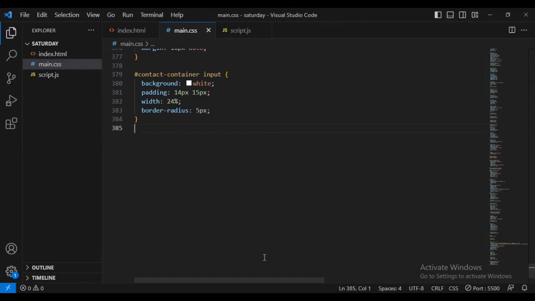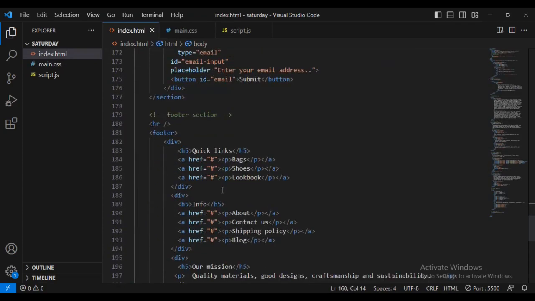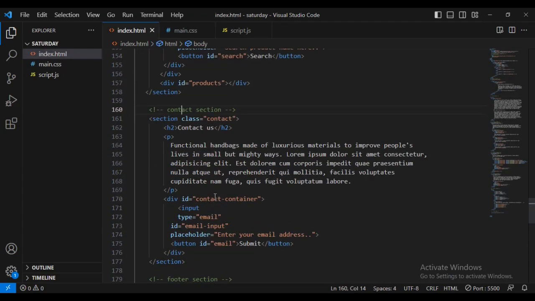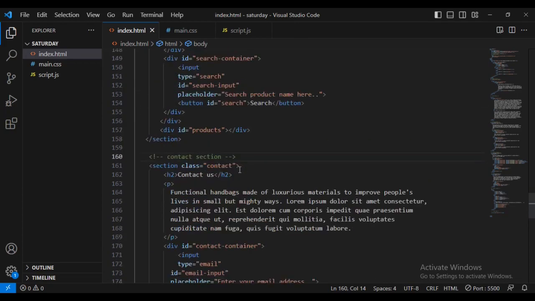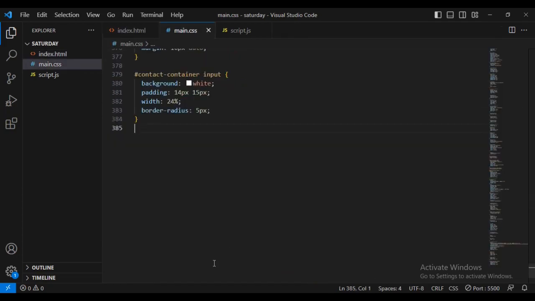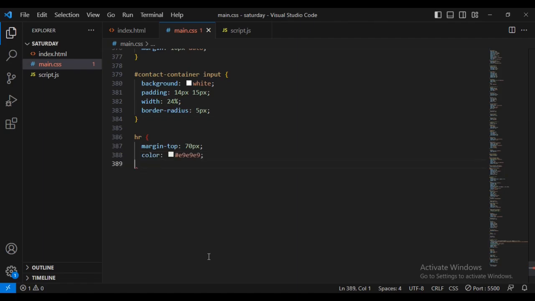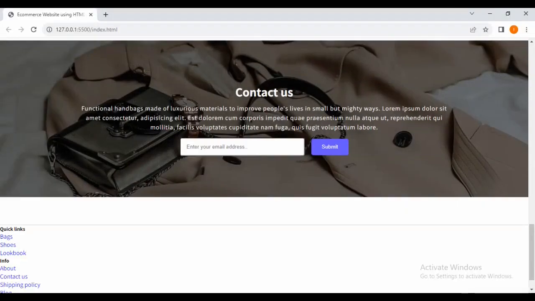Now we're going to start the horizontal row, HR. I'll give it a margin top of 70 pixels, then color, then let's have a border of 1 pixel white. There you can see this one is now visible there. Then